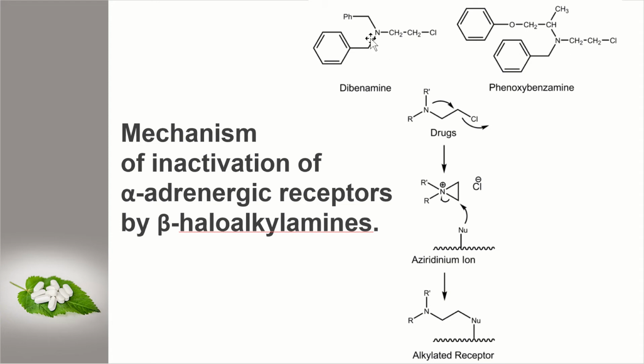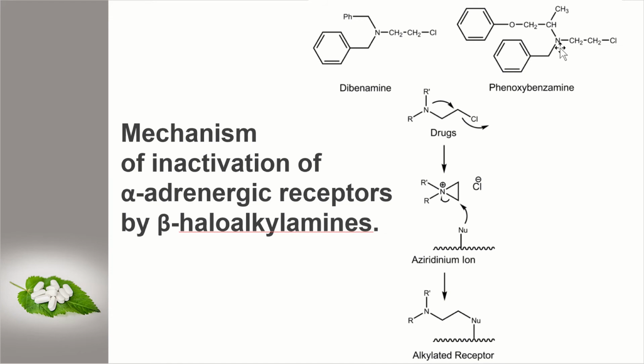So in both of these, we have nitrogen at the center, which is clearly a tertiary amine, right? And so we have the halo in the beta position. So we have the nitrogen, then alpha, beta, and then halogen, right? So that is why it's a beta haloalkylamine. I didn't mention the alkyl, but the alkyl portion here, right? So we have a tertiary amine, as we said, and we have the halogen at the beta position, beta to